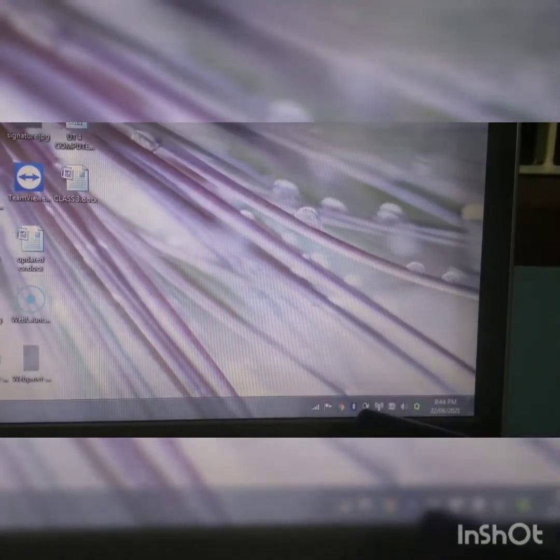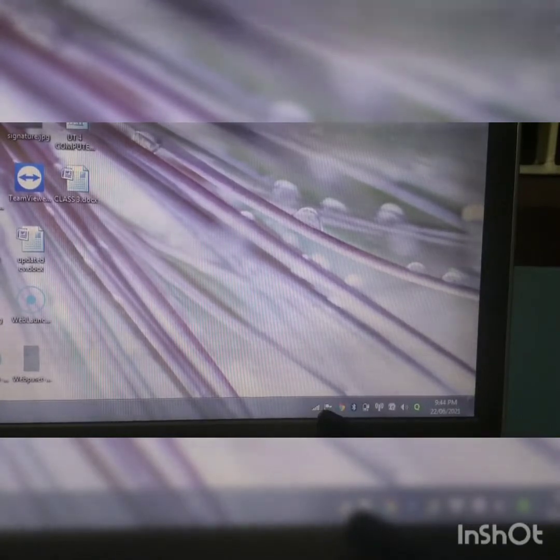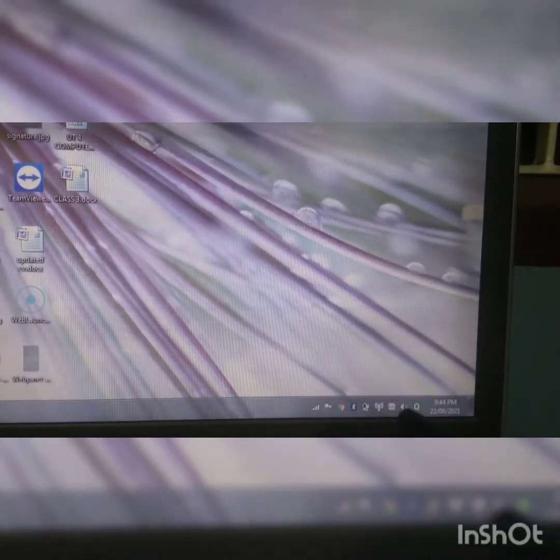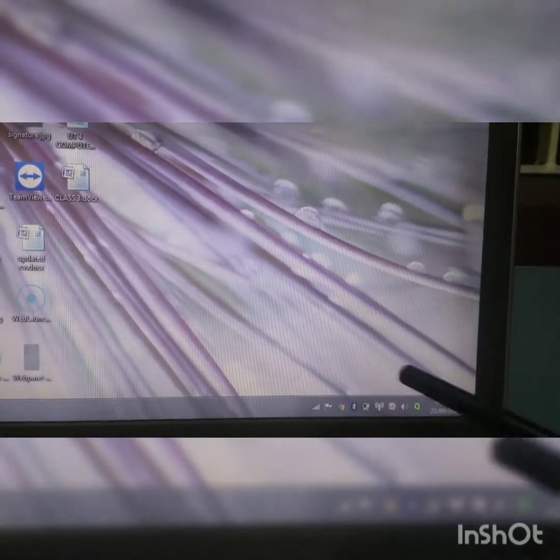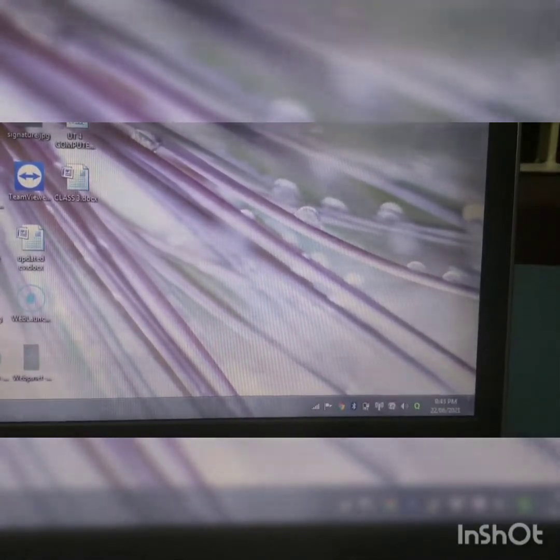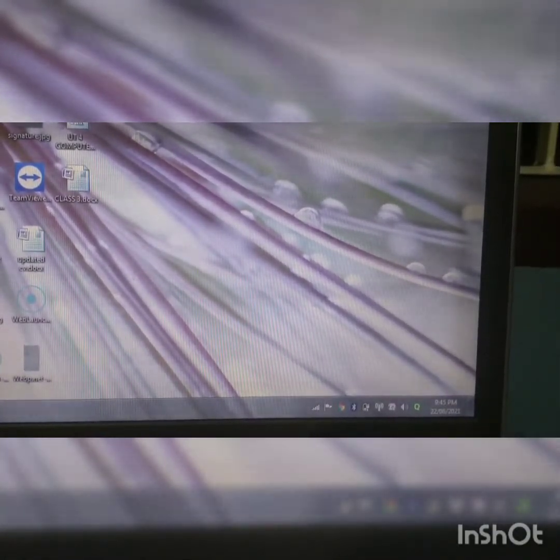It shows different types of notifications. Likewise, this one is the internet connectivity, this speaker-like structure is the volume, and this one is the date and time. Now we will see how to pin and unpin an application in the taskbar.